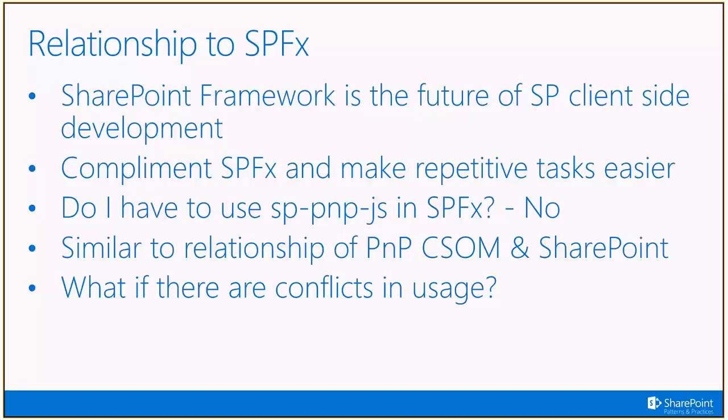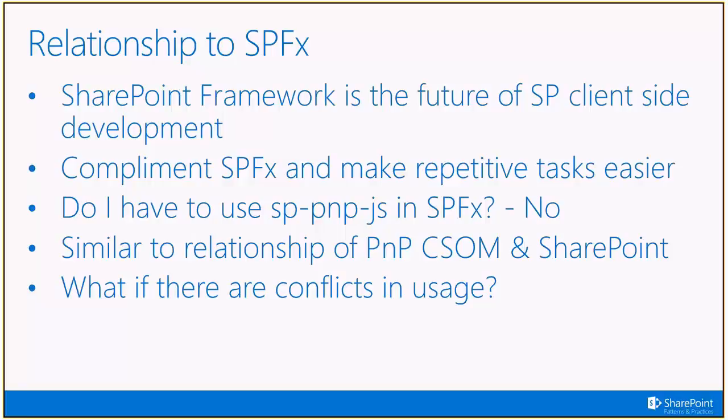SharePoint Framework, yeah. And definitely not, because obviously the people and the team who are actually shipping SharePoint Framework do actually coordinate PnP as well. So it's not like it's two different teams, even in the first place. Yeah, absolutely. I just wanted to say that out loud because we get that question and people worry or wonder. So we're absolutely here to complement, and we're here, like we said before, to make those